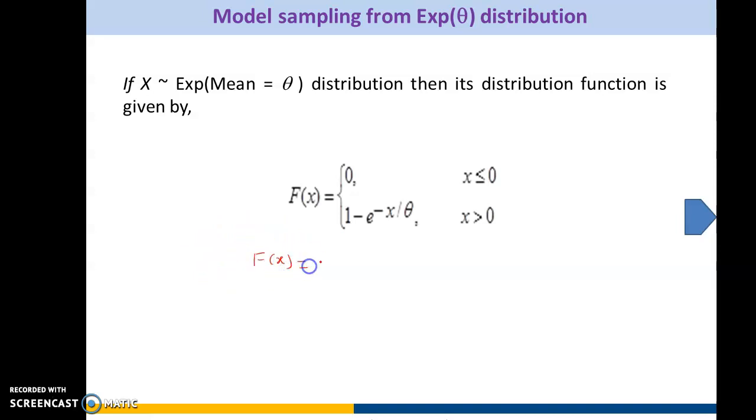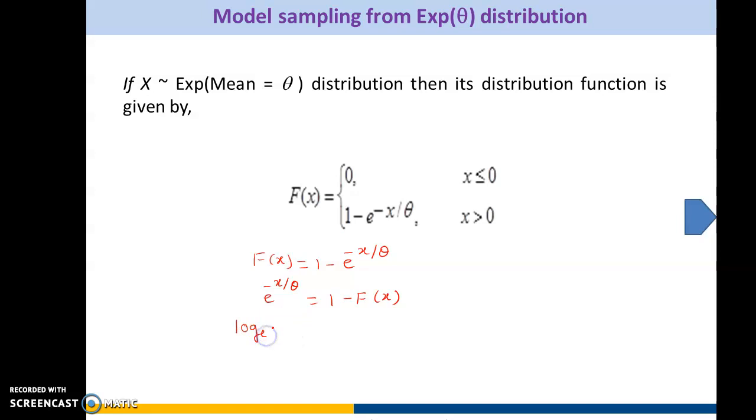Our F(x) is 1 - e^(-x/θ). So I can write e^(-x/θ) as 1 - F(x). To cancel this e, I will take log to base e on both sides.